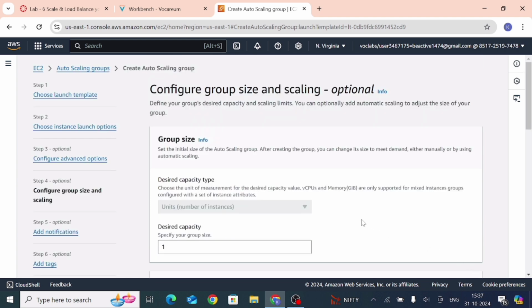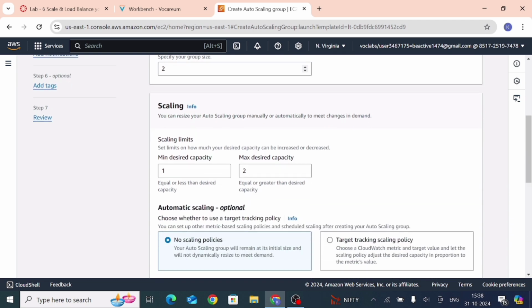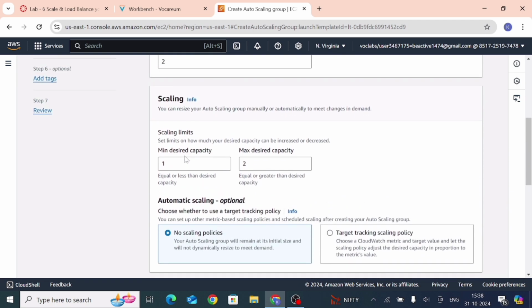Now from this group size, so desired capacity, here it is desired capacity, so to minimum capacity, so here is the minimum capacity, and maximum capacity 6.